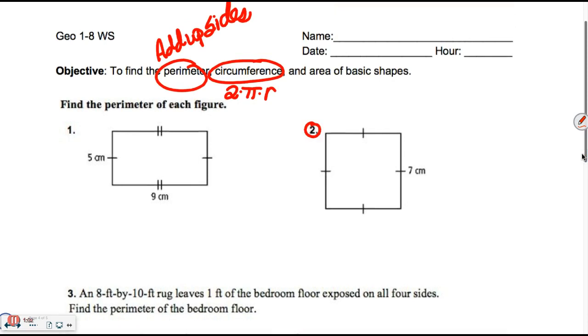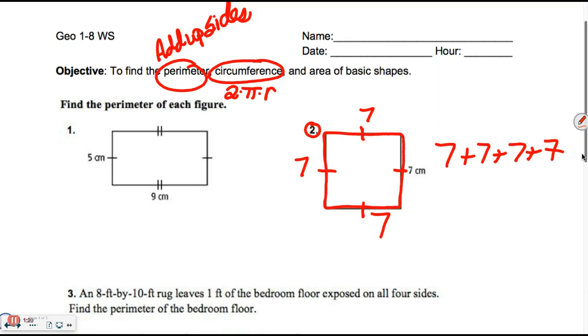So remember, with number 2, these little dashes mean all of these are the same. So if that one's 7, this one's 7, 7, 7. So when I add up the sides, I do 7 plus 7 plus 7 plus 7 to walk around the perimeter of this square. Or 4 times 7 will accomplish the same thing. That would be 28. And we're walking around, it's just a distance, so we label it